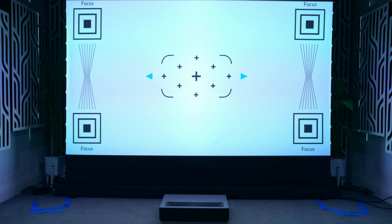and that is for the focus of the Formovie. I found it very difficult at first to get the screen to focus well across the whole image. And really, it's the top 2 corners that we have to focus on. Excuse the pun. And the focus system of the Formovie is silent, which is different to every other projector that I've experienced before. So at first, I was pressing the remote control and I wasn't sure if anything was even